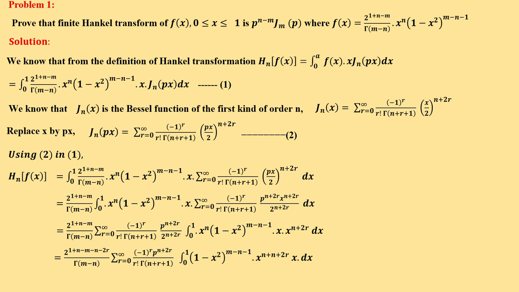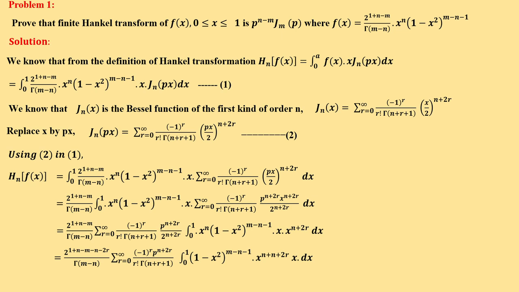We are grouping all the powers of 2. We have 2^(n+2r) in the denominator, so it will come to the numerator and become 2^(-n-2r). So grouping, we get 2^(1+n-m-n-2r)/Γ(m-n) times the summation r = 0 to infinity of (-1)^r p^(n+2r) / (r! Γ(n+r+1)) times the integral 0 to 1 of (1-x²)^(m-n-1), grouping x^(n+r),